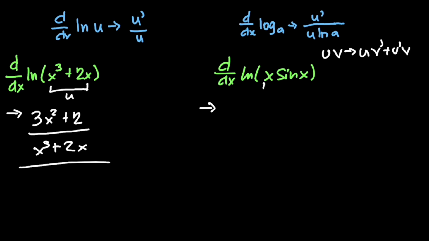So in this case, u here will be x and sine of x will be v. So the derivative of this will be x cosine of x plus u prime here will be 1 and v here will be sine of x over,